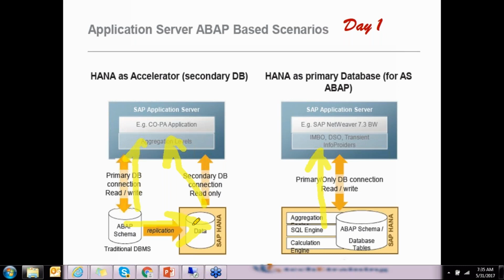Yeah, how to practice HANA: I'm showing you RDP, remote desktop, for 3 months. So you can practice there. We'll have all the latest servers, with the S4 HANA 1610 installation with the latest patches. All the latest servers, the sidecar server, everything is available. So you can do perfect practice.